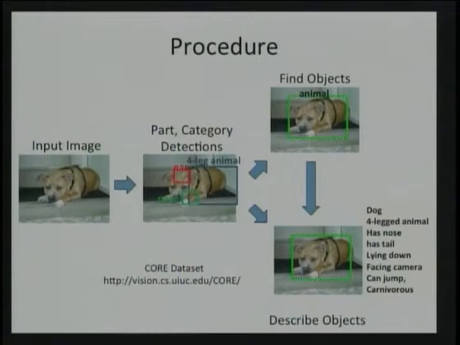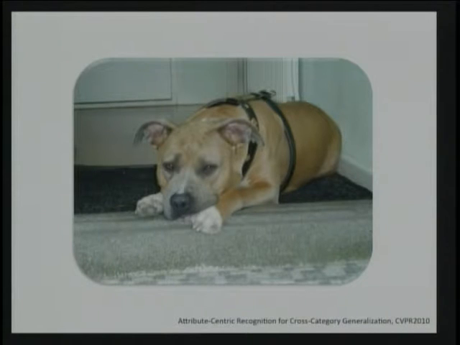Now the procedure looks like this: an image comes in. I predict all of my attributes for the image. Then I use all of those predictions to first localize the object. And once I localize the object, then I can start describing the object. How can I localize an object? Well, since I have multiple different detectors, I can learn detectors and test them on an image.